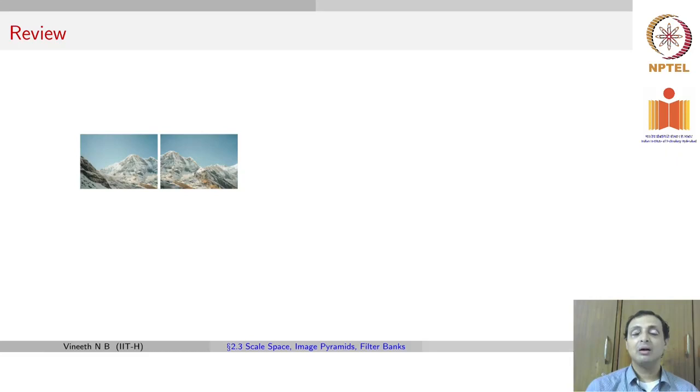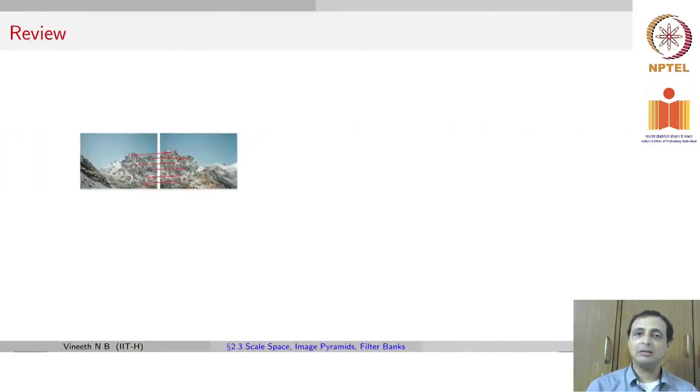Let's try to quickly recall this before we move forward. Once again, an application where you would want to detect key points or corners is when you have two different images or even more images. Let's say we want to stitch these images together. This is typically called image mosaicing or just panorama building. So let's say we have these two images here which correspond to the same scene from two different locations. We really do not know the camera movement between these two images, but we want to stitch them. How do we go about it?